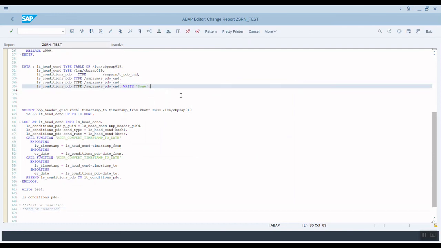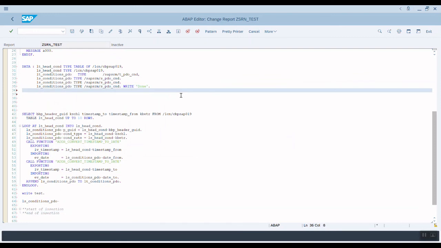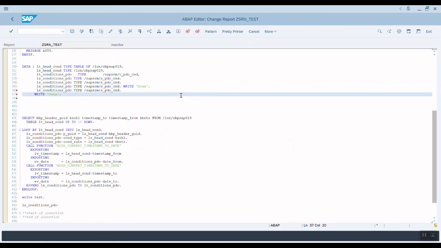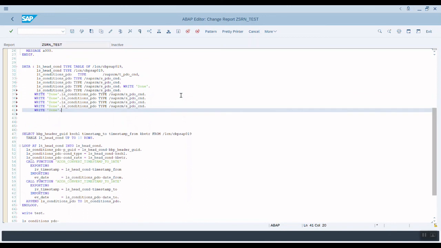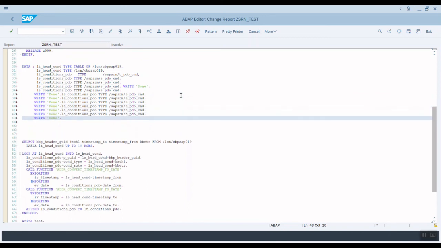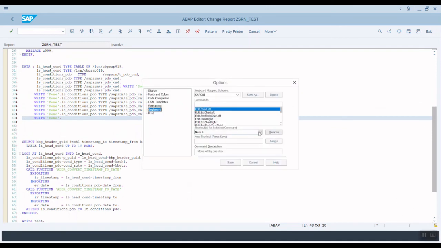So here you do Control Alt C. On the next line, if you do Control V, it will copy and append. It will keep on appending it. So this is also custom assigning of your shortcuts. This way you can assign your own shortcuts. Whichever is not assigned, you have to find out which is not assigned, and you can assign your own shortcut keys.